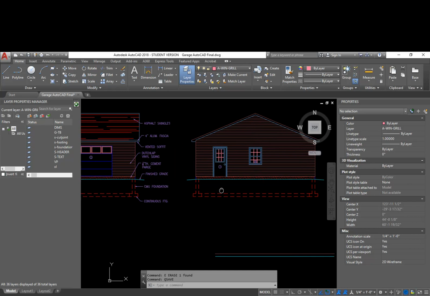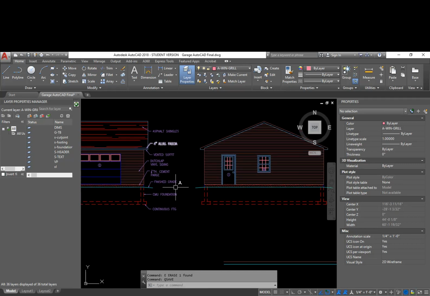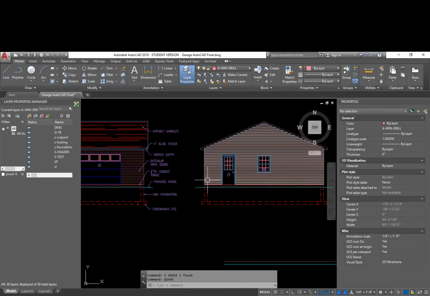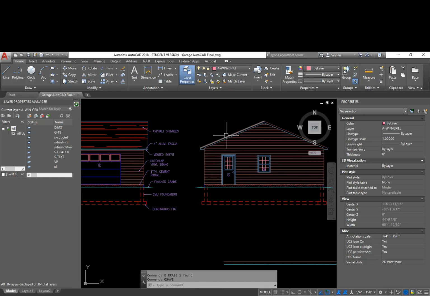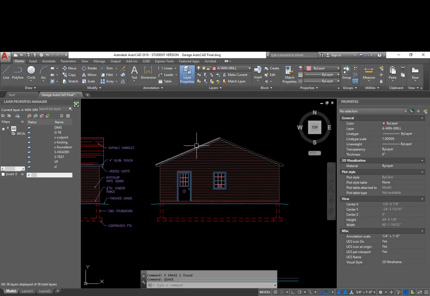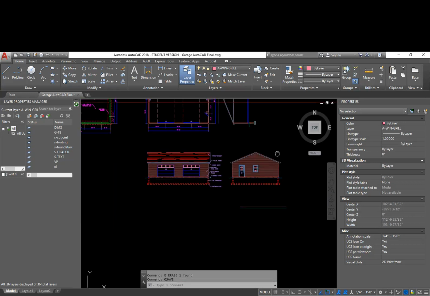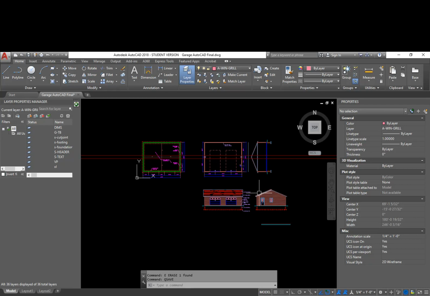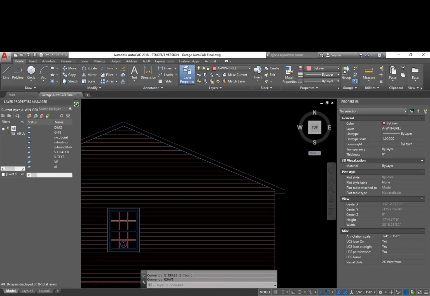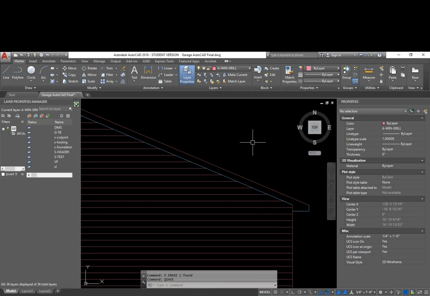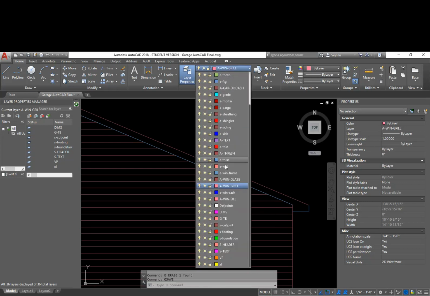At this point, I don't have to go through and annotate everything that's on here that's duplicated there, but there is one thing that's missing on this that we need to add. I need to show the roof slope in both these directions. So we had drawn something before. I think we ended up erasing it. So basically I'll just do this. I'll redraw that, and I'm going to put it on my text layer,